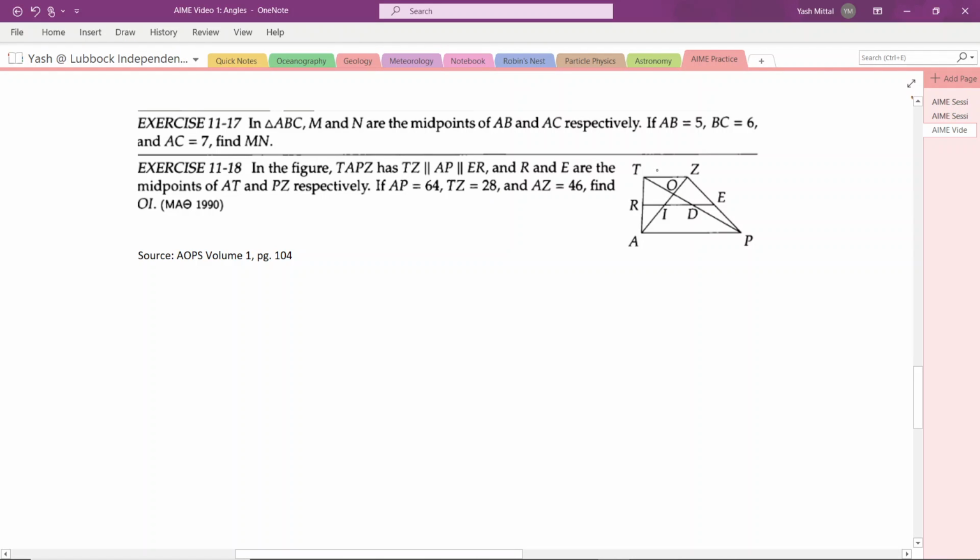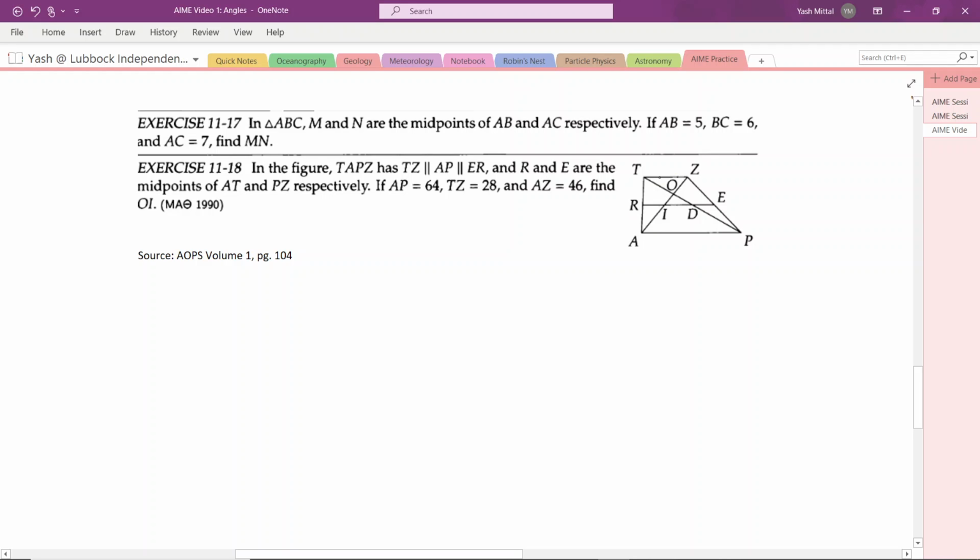So let's try finding triangles here. We know that TZ, RE, and AP are parallel to each other, so we can already figure out angles due to transversals. And this is the important thing here. When using parallel lines, think, is there a line that crosses all three of them? Think transversals. So we have TZ and AZ. That's a transversal that crosses all three. And so we could say,